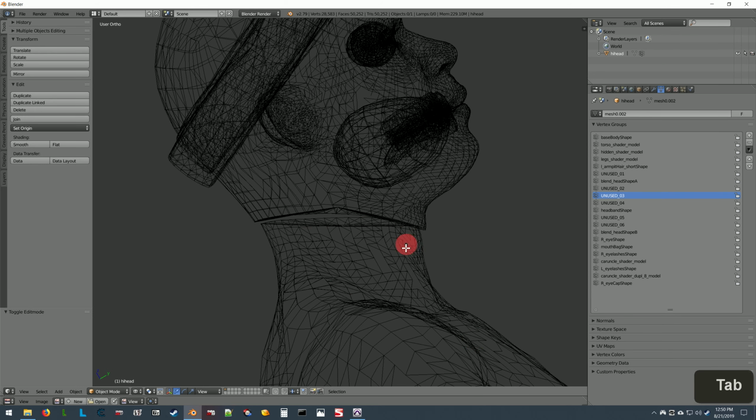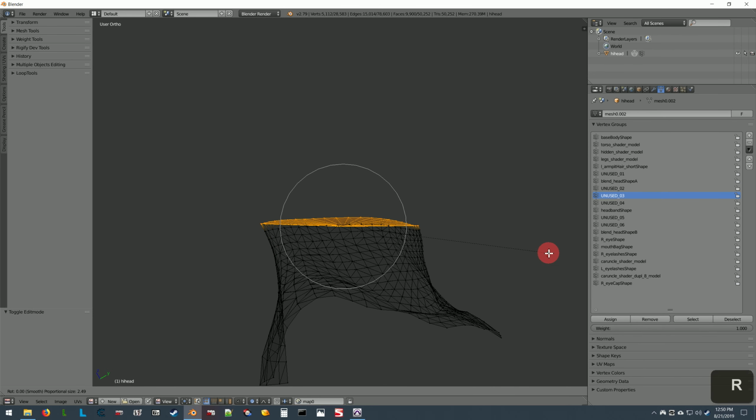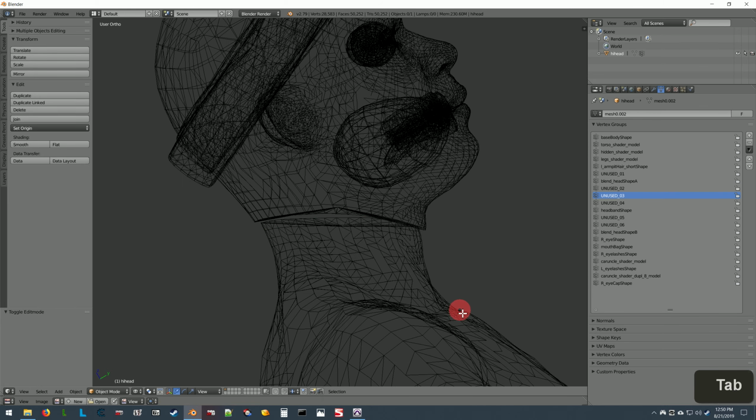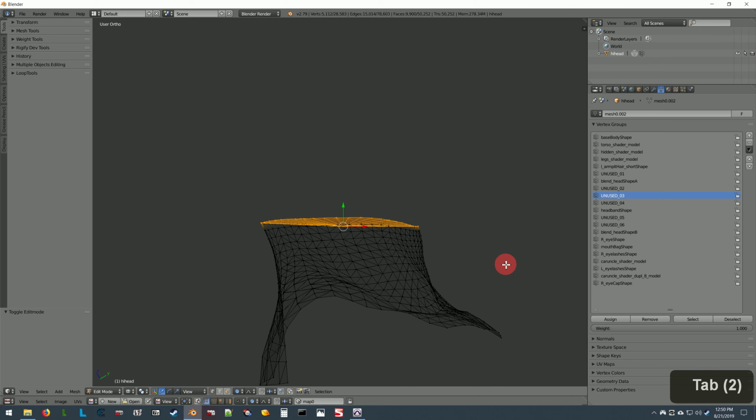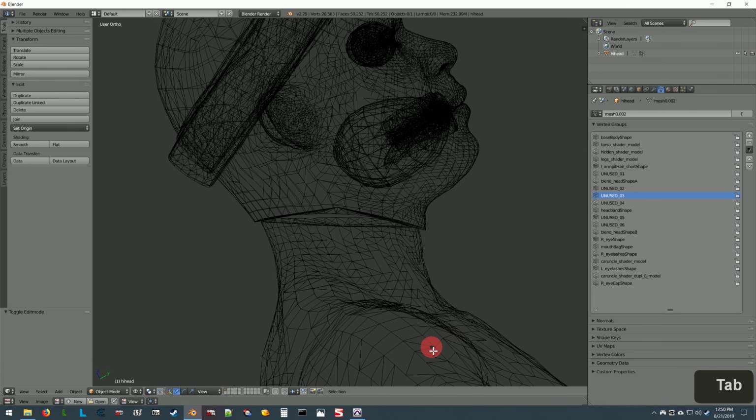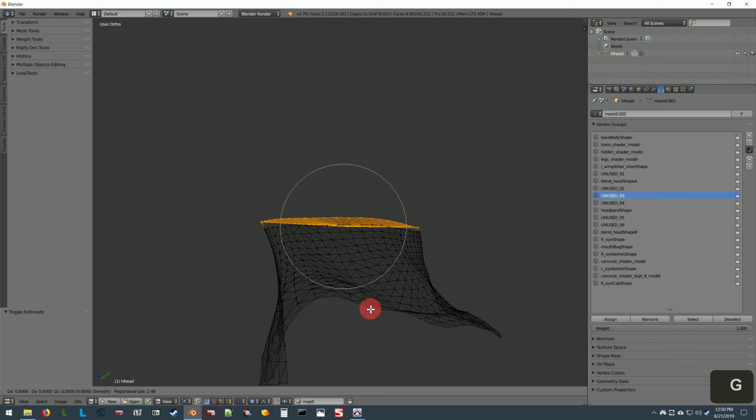And you'll want a proportional editing size of about 2 to 2.5. So I think I have it at 2.5 right now. So now I'm moving it a little bit. And then lastly, it's pretty well level, or about as level as it can be. Now I'm going to actually go in and resize it along